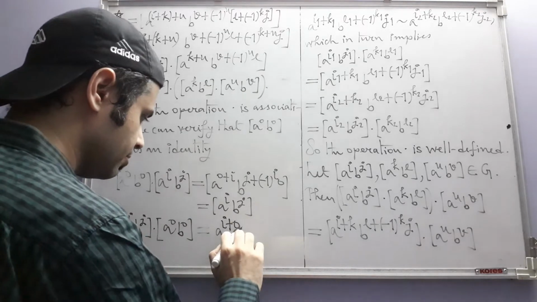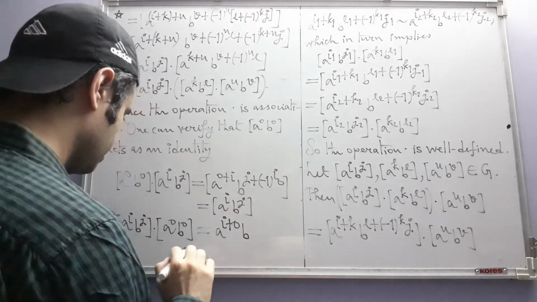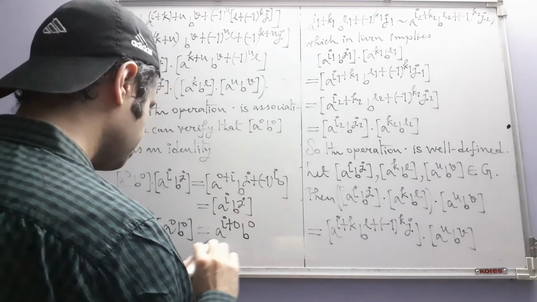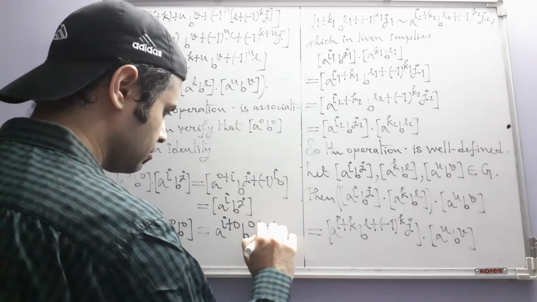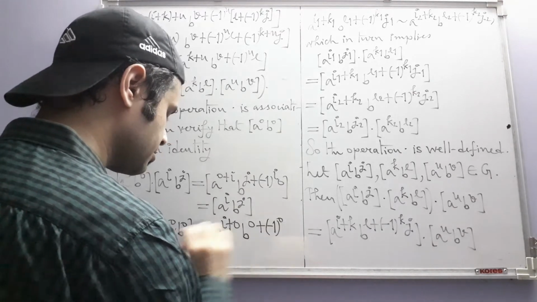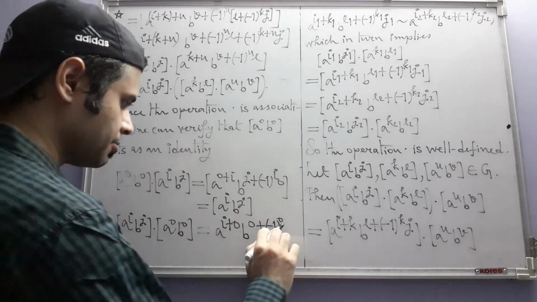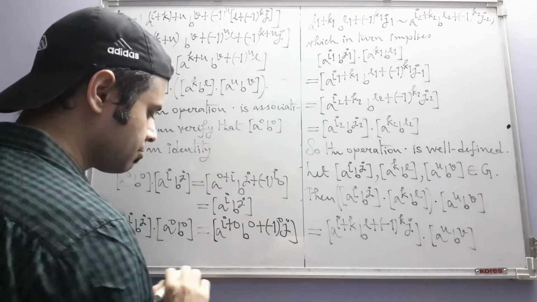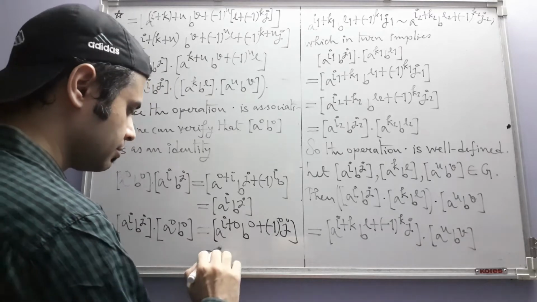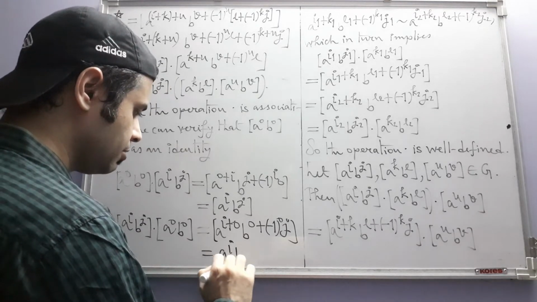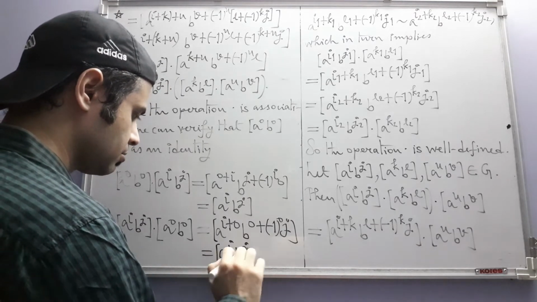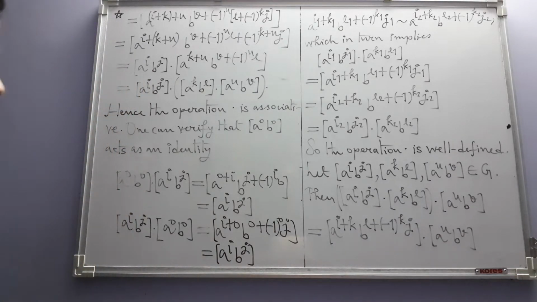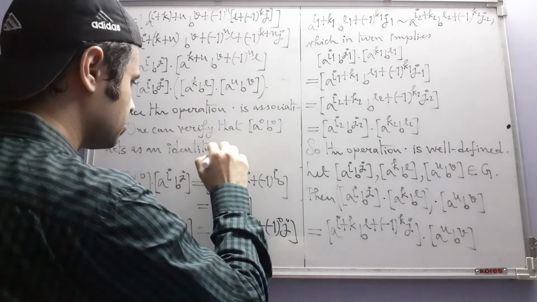i plus 0. Okay, now here what we have, 0 plus i, and j plus (-1) to the power 0 times j. Now (-1) to the power 0 is 1. So again we are having this. So yes, this acts as an identity. And